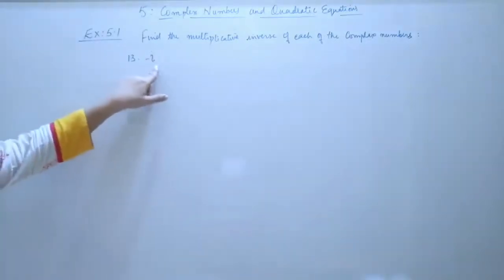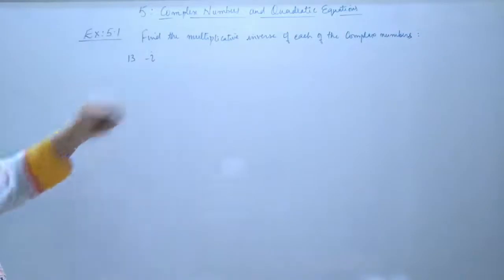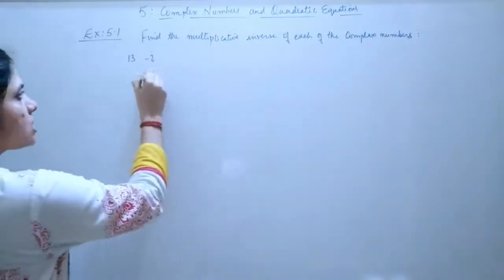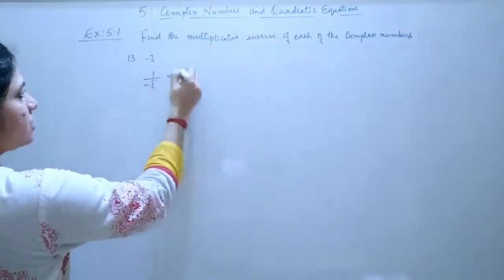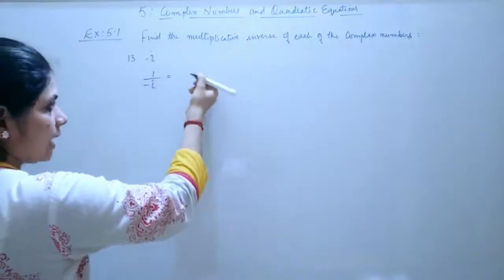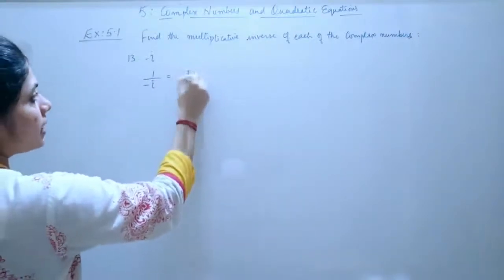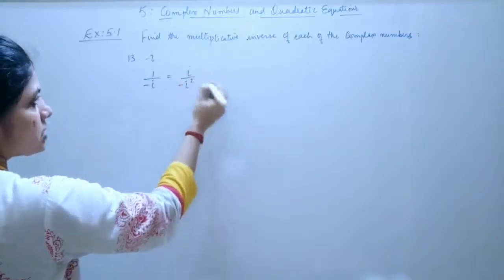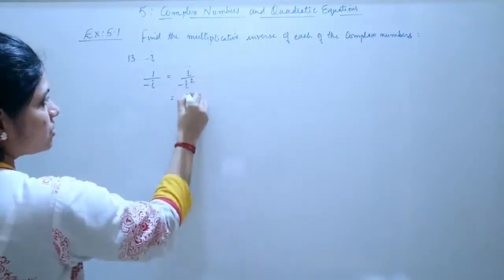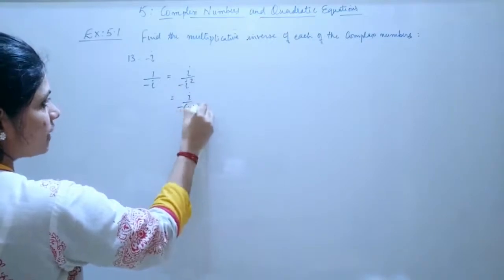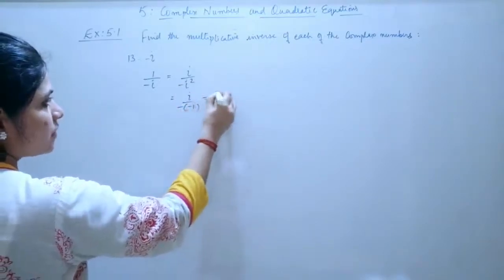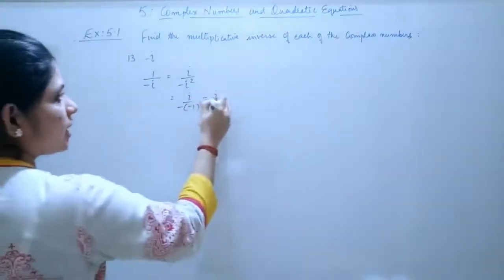13th question is, you have to find out the multiplicative inverse of minus i. That means you have to find out what is 1 by minus i. So you will multiply and divide with i, so that the denominator's i will be removed. So you will get i by minus i into i, which is i square, which is equal to i by minus of minus 1. Minus of minus 1 will give you plus 1, so that it is i by 1,